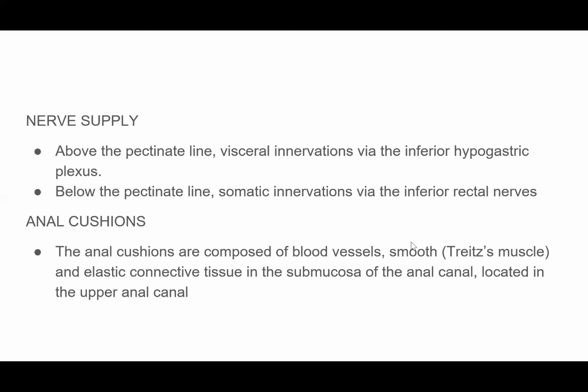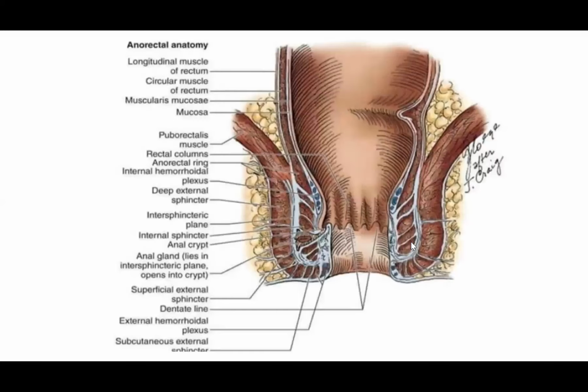These are composed of blood vessels, smooth muscles, notably the Treitz muscle, and elastic connective tissue in the submucosa of the anal canal, and they're located in the upper part of the anal canal. And they're important with regards to knowledge of the benign anorectal diseases. So these are diagrams